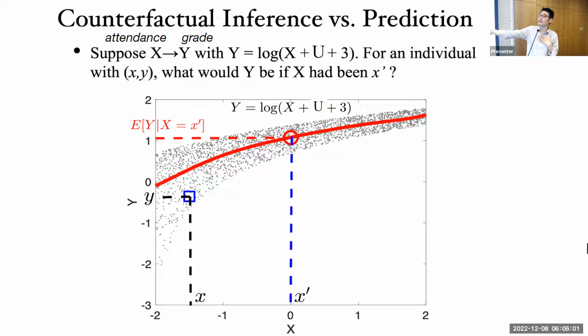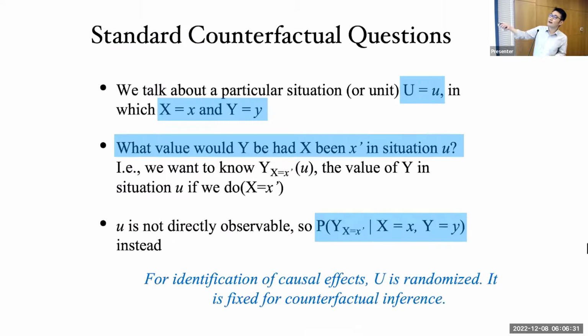This reflects something about me contained in the noise. The noise is independent from X. So here, actually, from this XY value, you have some information about the noise. You may say, even if he attends the class, he may not really pay attention, right? Or maybe I'm dumb. In any case, you have information about me from this XY pair. And then in the future, when you do an intervention on X, that hidden feature of me will not be changed. They are independent. So you can apply the same thing, and then you can just solve the problem. Okay, so this is counterfactual reasoning, and here you can see the precise setting.